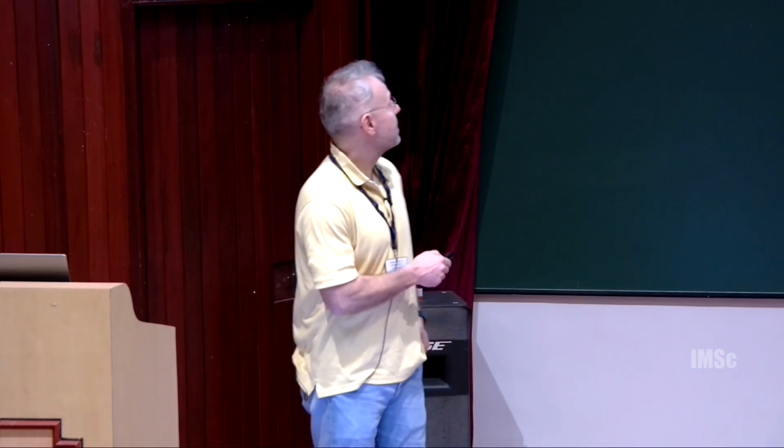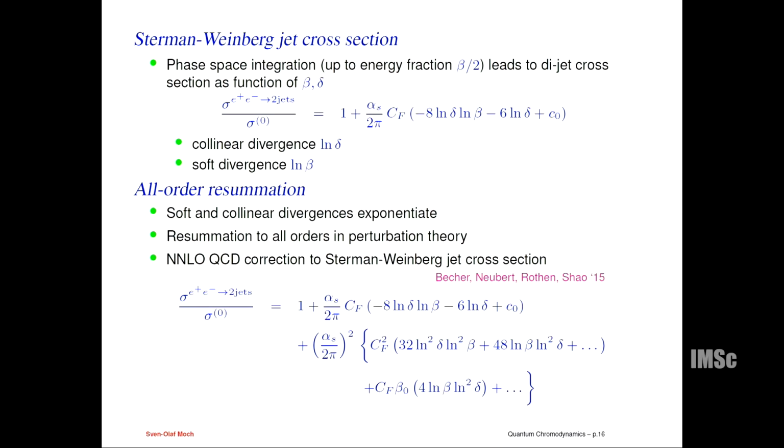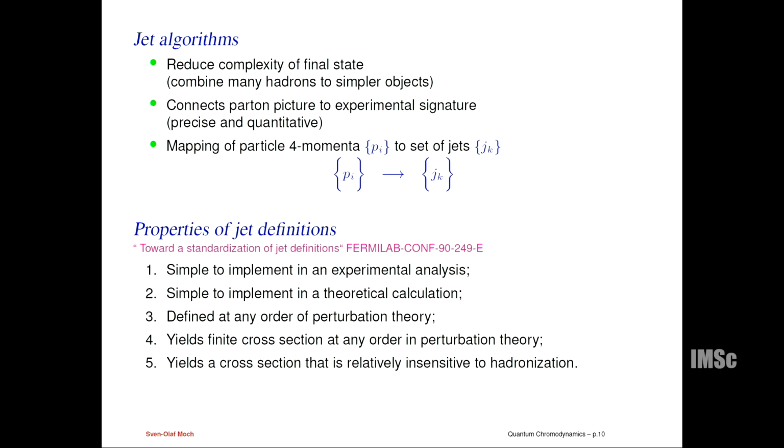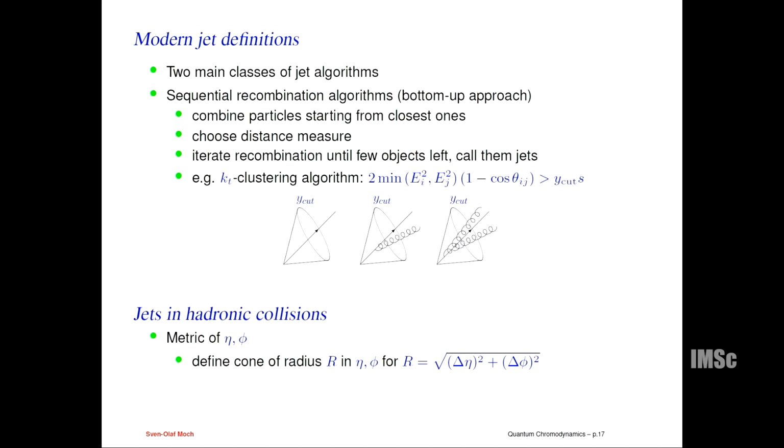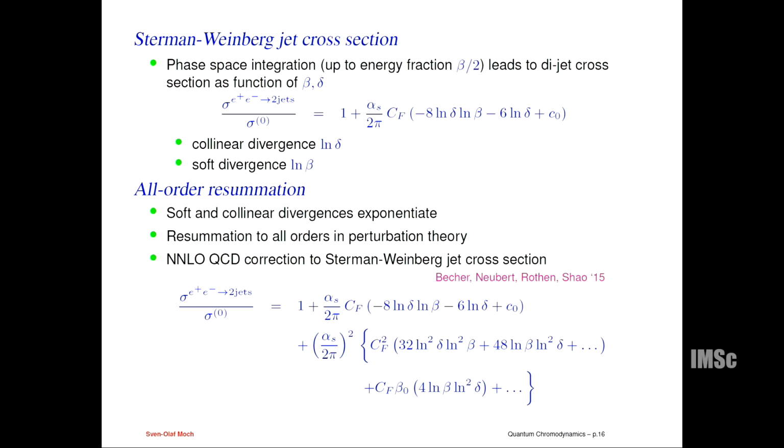So the way to illustrate this is basically what I've written down here, for this example of the cross section of the Dijkstraat cross section in Sturm and Weinberg. Because now we have looked at the next to leading order, you can go to the next to leading order corrections in QCD, and they were studied 10 years ago. If you think of Sturm and Weinberg coming up with this in '79, doing the analog calculation, it took about 30 years or so that